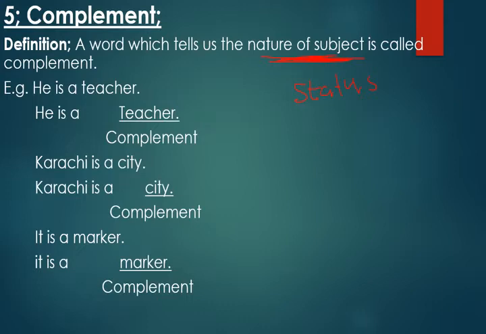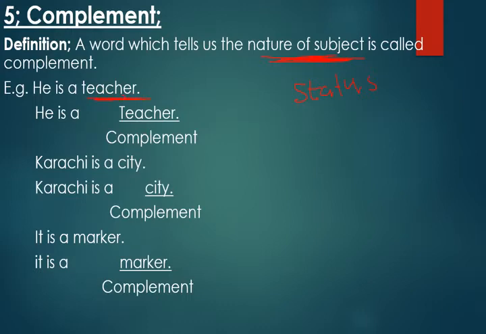If you check my previous lectures, in subject I told you there are two definitions of subject. One subject is the doer of an action, and one is title subject, which we are talking about. Doer of an action does something, so that is done to an object. Title subject does not do something. That's why, very easy, when you are using doer of an action subject, your last word will be object. And when you are using title subject, your last word, teacher here, is not an object, it is a complement,